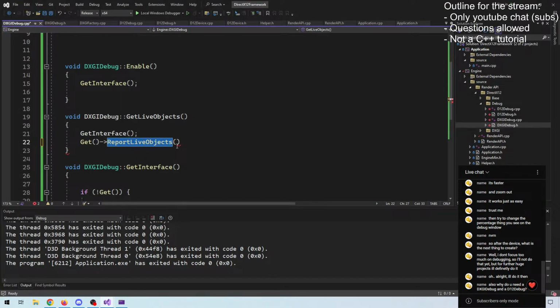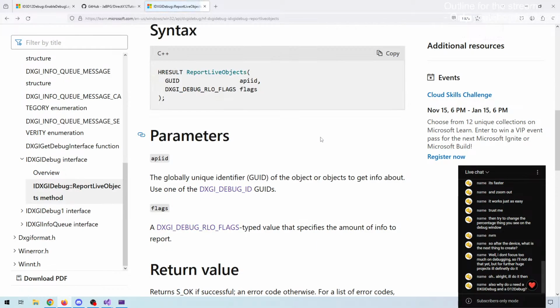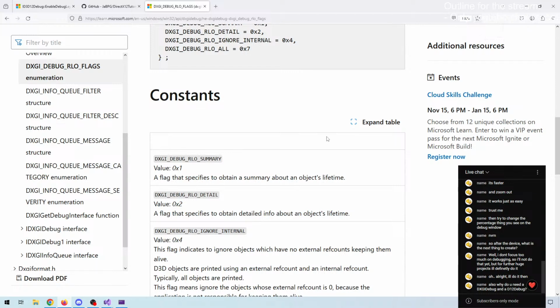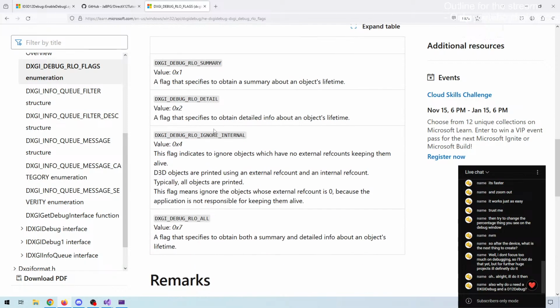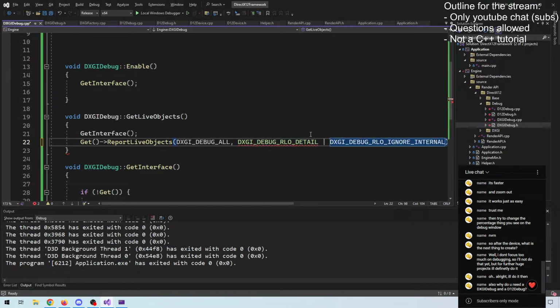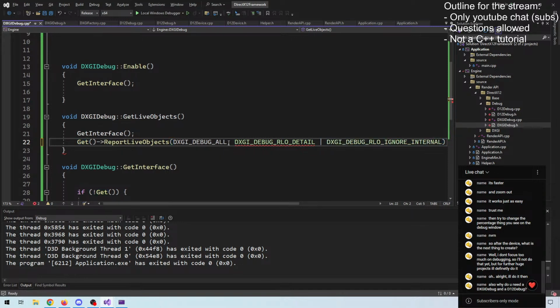We would like to get information about all objects. We can also specify some flags. We would like details about the object lifetime. And we would also like to ignore anything that's not referenced. Because if objects reference each other but doesn't get referenced by the application,